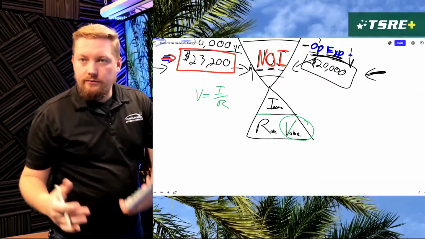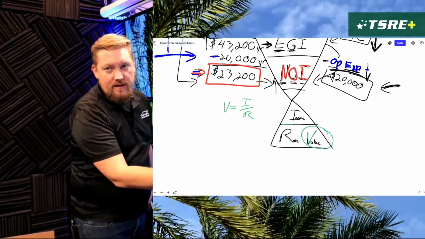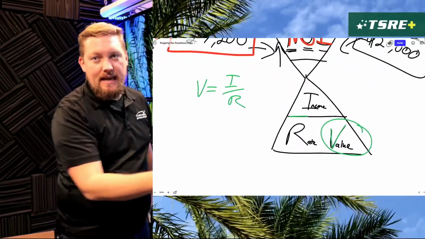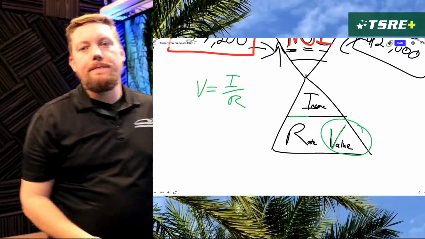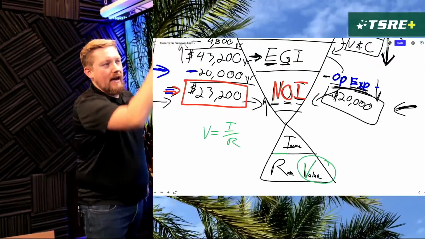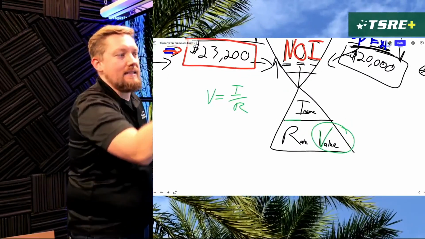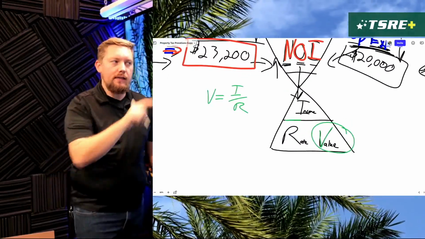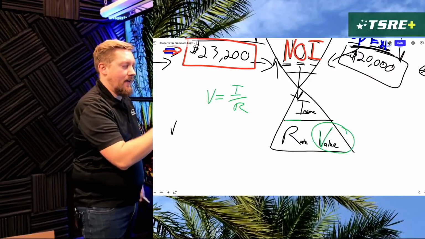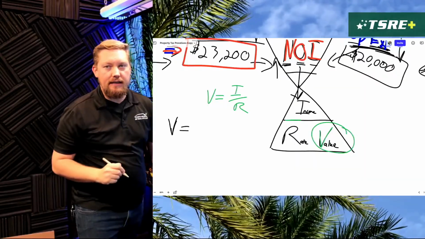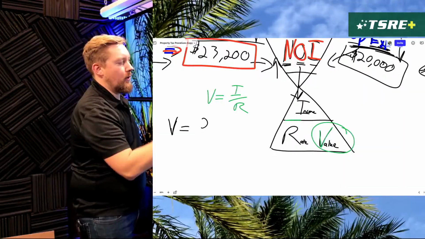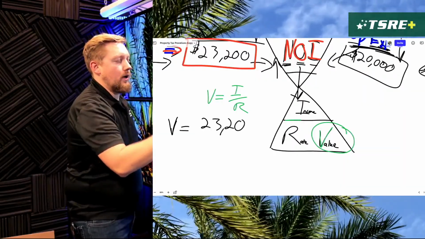So to solve this question finally, and the back half of this is actually quite a bit simpler here. There's a lot more going on to get to the net operating income than there is once you get to the net operating income, because that is the type of income we need when we're doing income divided by rate. So the value we're going to calculate out here is going to be our $23,200